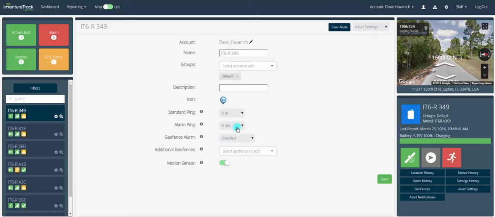When it's back inside of the geofence, the alarm goes off and turns off, and the standard ping kicks back in. So you have a lot of flexibility here. I want to show you that you can change the reporting frequencies as much as you like. So we say that our equipment lasts